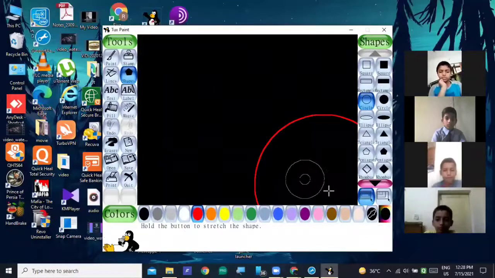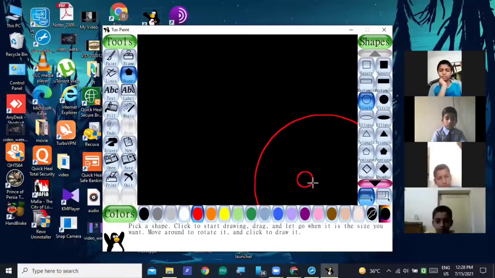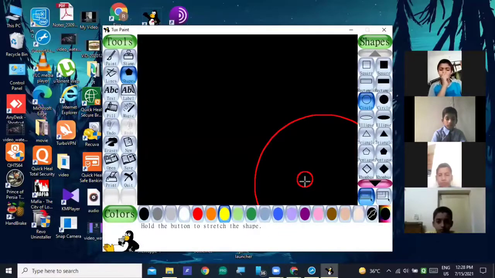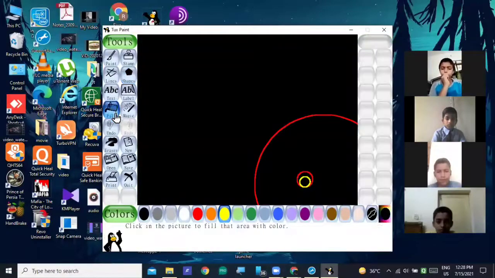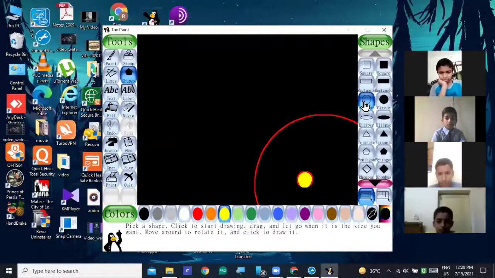First I have done this. Then, one second, wait. I'll take it as the sun, and fill it with yellow color. Fine, this we will keep as the sun. Again, I will move to shapes and then circle.